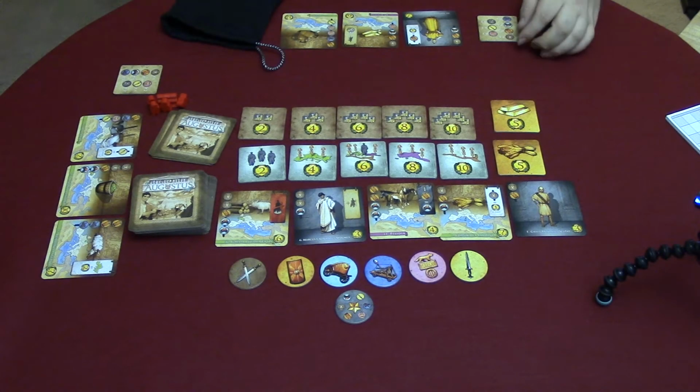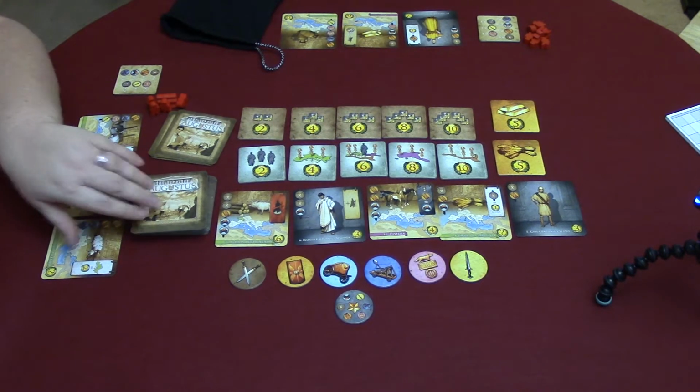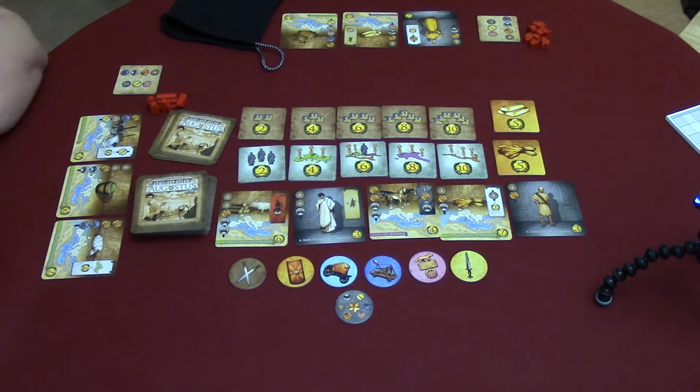Okay, Jennifer, how do you play Rise of Augustus, or Augustus, depending on where you are and where you got it from? Oh, well, you have to complete objective cards to get victory points and win the game. Okay, and how is the end of the game triggered? You have to complete 7 objective cards. Right, when one person completes 7 objective cards, it'll trigger the end of the game, and then you'll add up